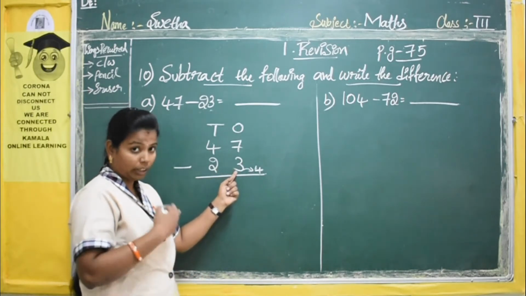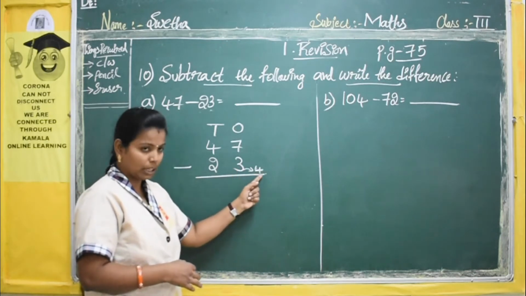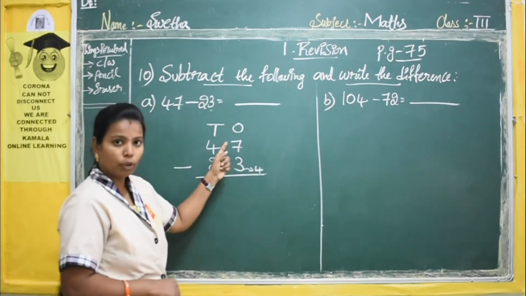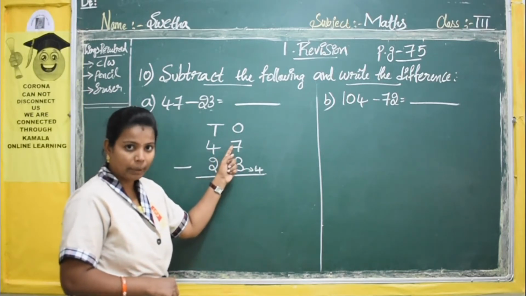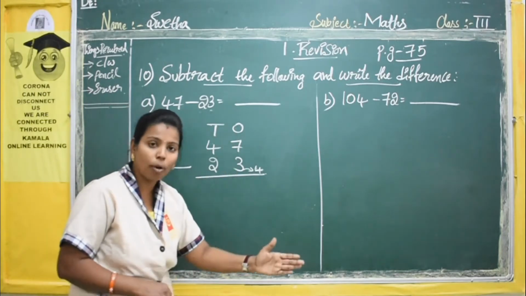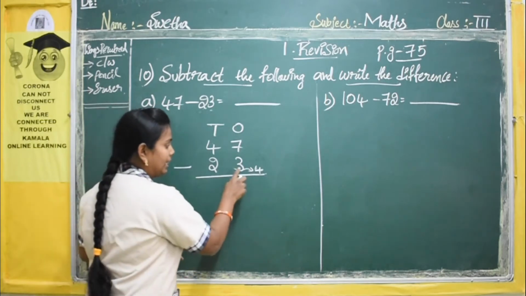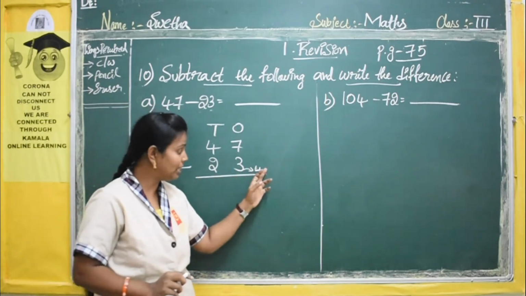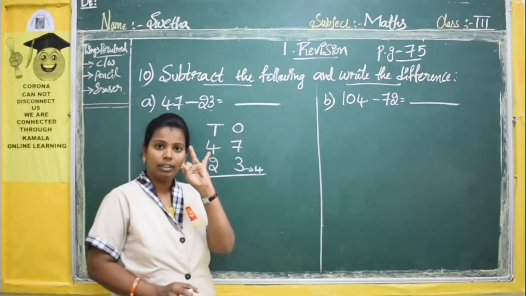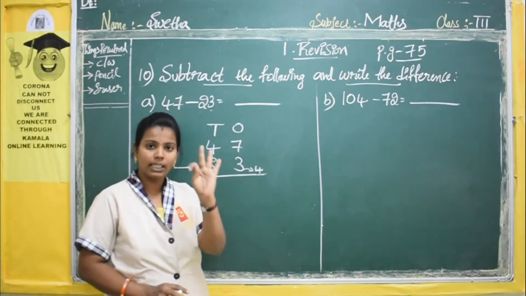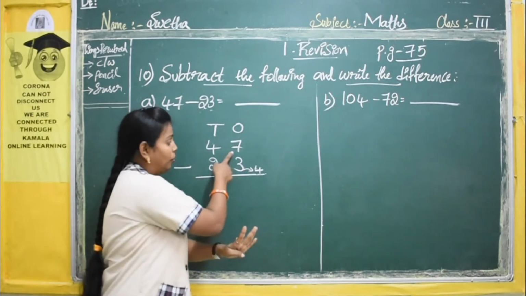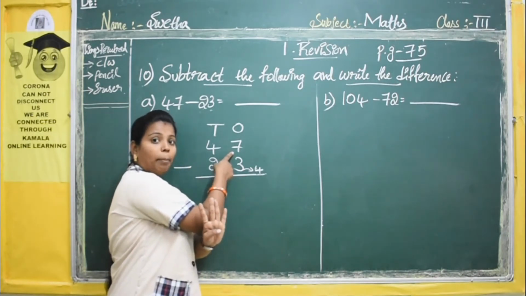So down, whatever number is there, from the next number we will start the counting, and up in the top place, whatever the number is there, there we will stop the counting. Okay, see here, our next number is 4. So from 4 we will start the counting: 4, 5, 6, 7. See why we have stopped at 7 only? Because here we are having only number 7.